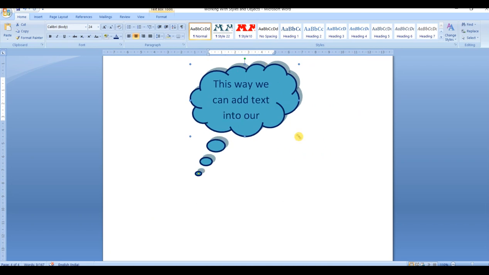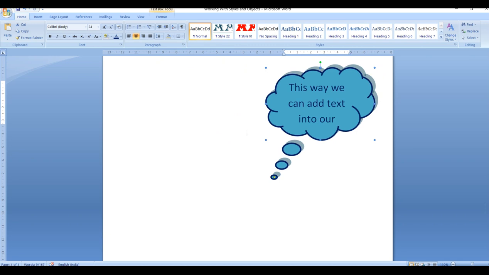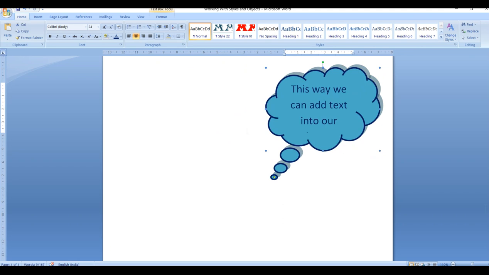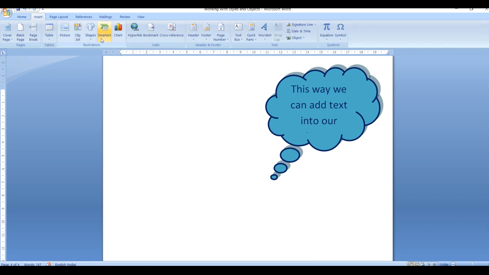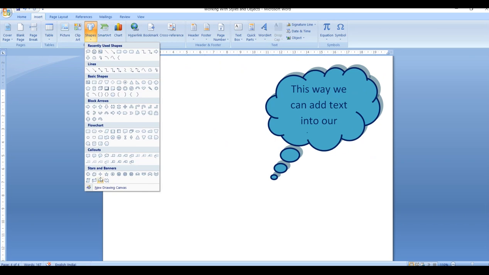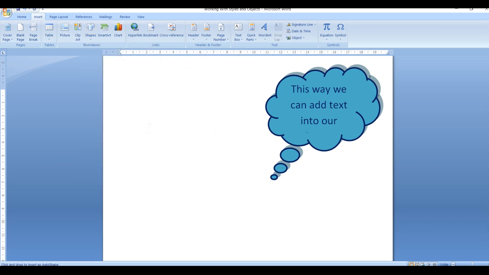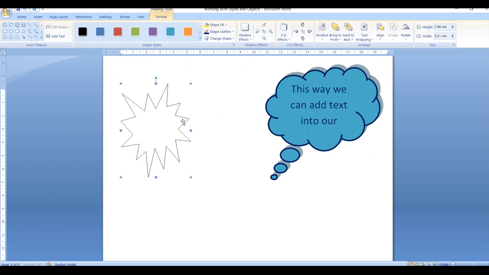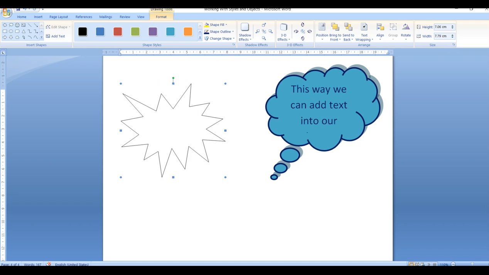Even you can decrease the size or increase the size of the shape this way. So understood students how to increase and decrease the size of your shape and do the formatting of our shape. One more time I'll tell you. Go to insert tab, click on the shapes option, choose any kind of shape you want. Our cursor changes to the plus sign. Draw the shape size according to your requirement.